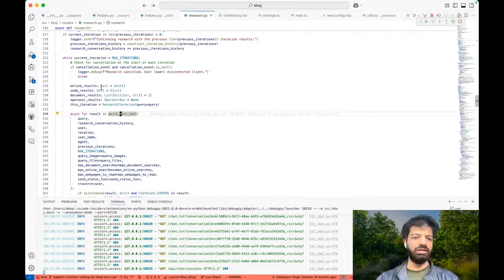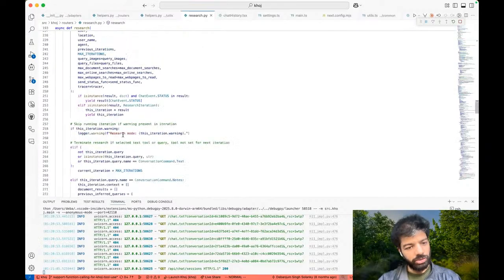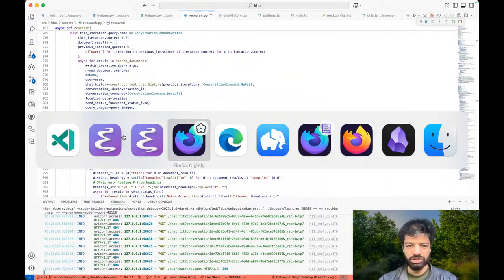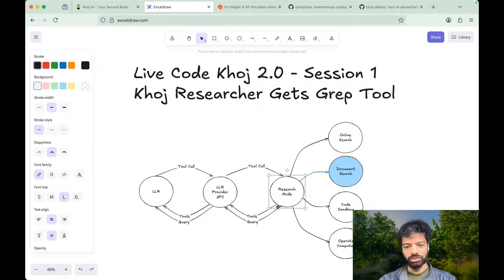So in research mode, again, we're back here in the iteration loop. When it picks the next tool, we execute it. This part I also mentioned here, the execution bit, right? So research mode loops through this part, asks the LLM the query with the tools, the LLM mentions the tool, and then Khoj executes that in here.